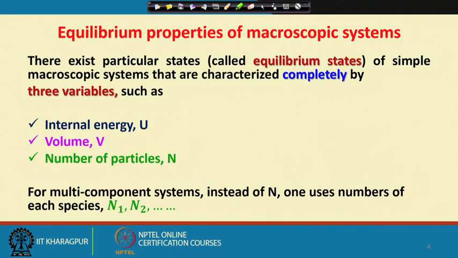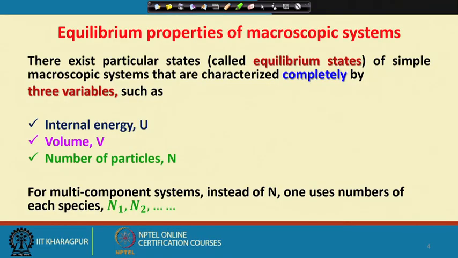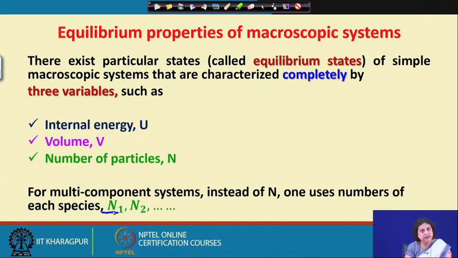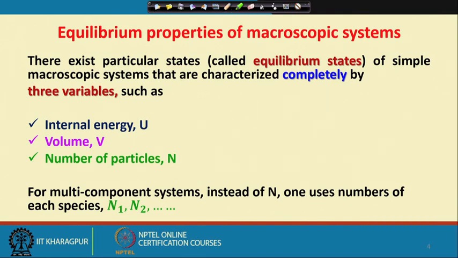You may also ask, what happens if I have a multi-component system? In that case, instead of N, that is the number of particles of a single type, you are going to have different species. So, species 1 will have the number of particles equal to N1, species 2 will have number of particles N2, and so on and so forth. So, with this in mind, that thermodynamics is actually giving us a very simple description of a very complicated situation,